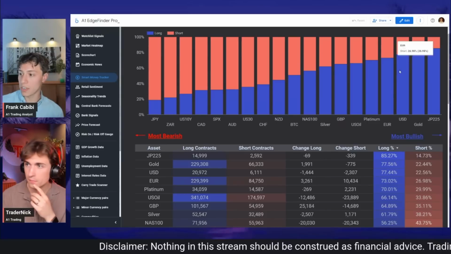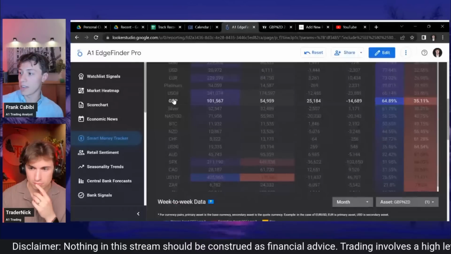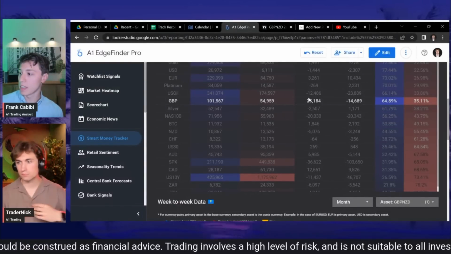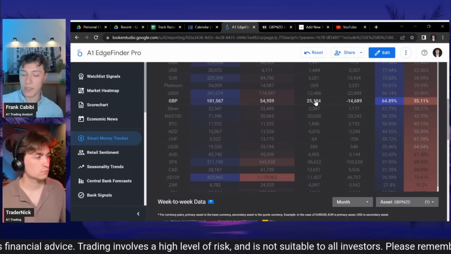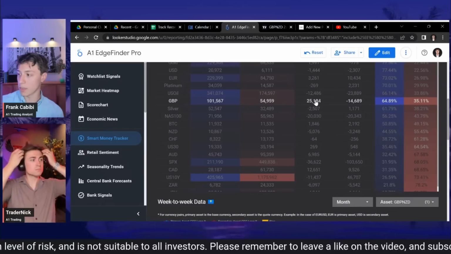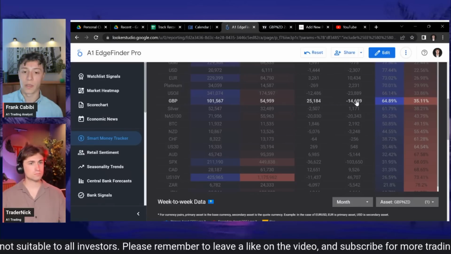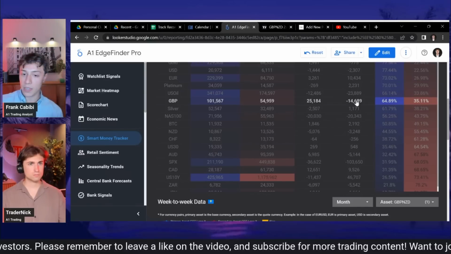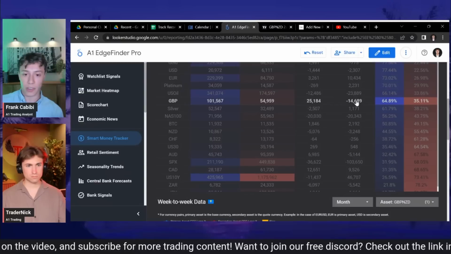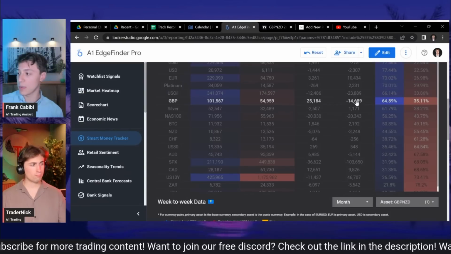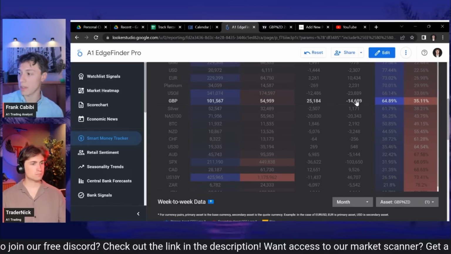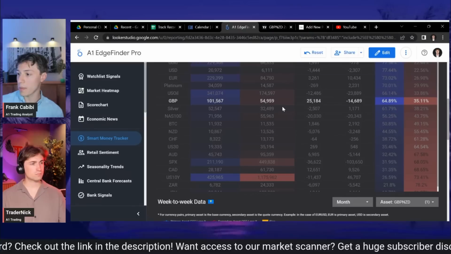The only really clear bias I could find was on the pound side. So huge shift in sentiment here. The amount of longs increased. Let me hover over it with the mouse. 25,000 is the number of longs changed in the course of last week versus the number of short changes. So what they're doing is they're heavily increasing their long position sizes while decreasing a big chunk of their shorts. So the sentiment was mixed a few weeks ago. Now we're seeing more of a lean towards the pound, which is pretty promising.